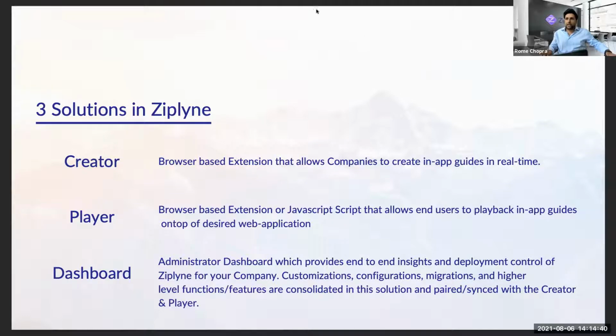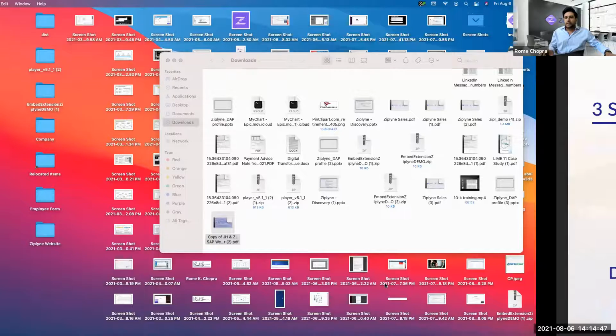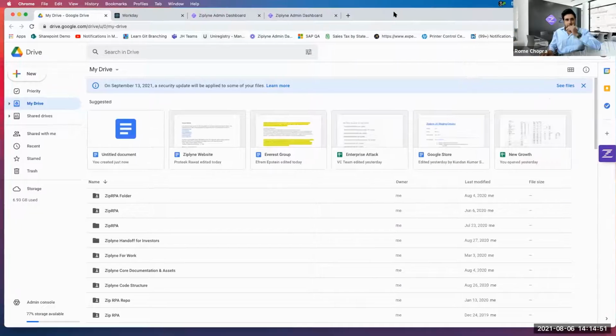So I'm going to switch over now to the actual demonstration of the software. We call these in-app guides zips as terminology. So you create zip lines on top of these softwares that take you from point to point, right? I created a quick zip on top of Google Drive that shows a user how to go to the drive and then actually start to share a document and figure out what are the permissions that you can allow